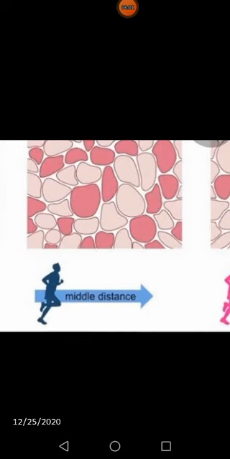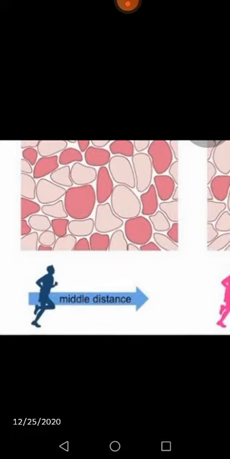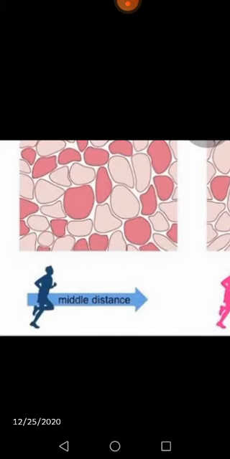This is another intermediate variety, type 2A. You would say the fast oxidative glycolytic fibers you are looking at, in which all the qualities are almost intermediate. They have a medium-sized diameter of fibers, with moderate to many mitochondria, and the myoglobin content could be moderate to high. In contrast to type 1 fibers, these have a large amount of glycogen, which is responsible for anaerobic glycolysis, and as you know they make up the fast twitch fibers.